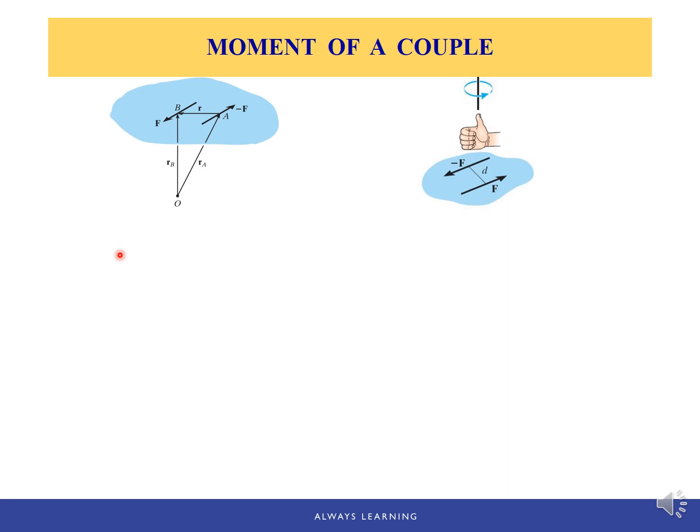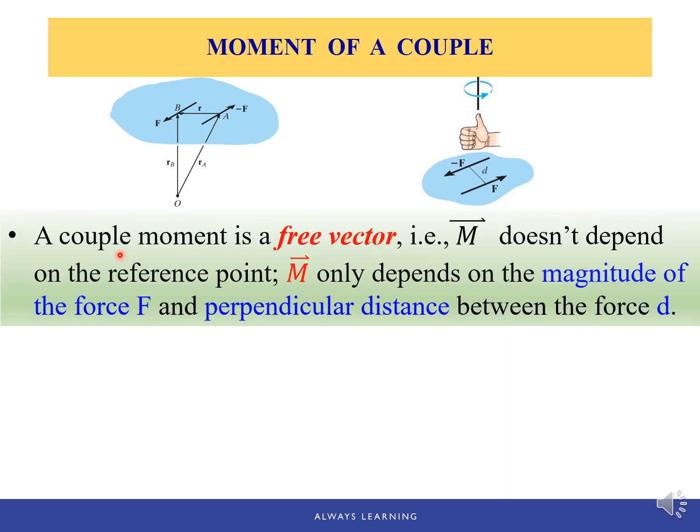From the analysis, we can conclude that a couple moment is a free vector. The reason we say it's a free vector is because it doesn't depend on the reference point. No matter which point we choose from the space, this couple will always generate the same rotational effect. And it only depends on the magnitude of the force F and the perpendicular distance between the forces, which is